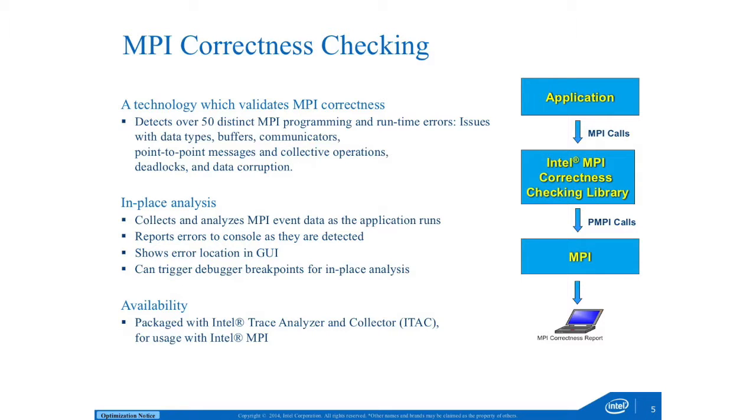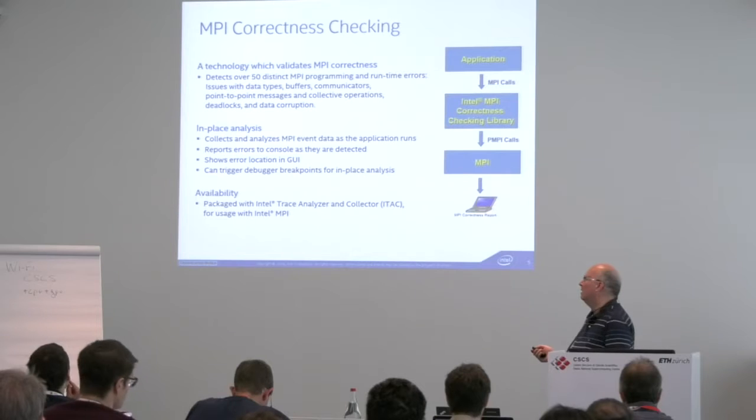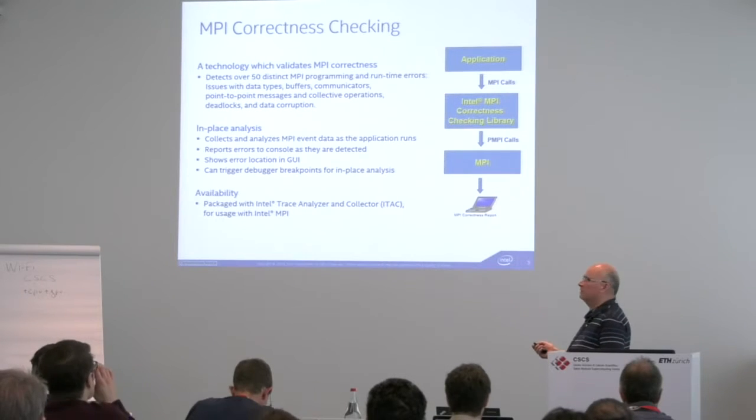Issues with data types, buffers, communicators, point-to-point messages, collective operations, and last not least, deadlocks. What's nice is that it generates a checksum before each send and after each receive, and compares it. So when there is some corruption in your network that's probably independent of your MPI code, then you can find this with this checking of the